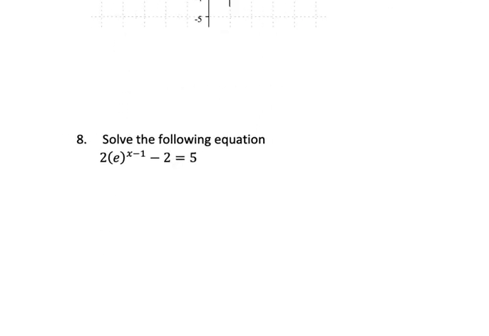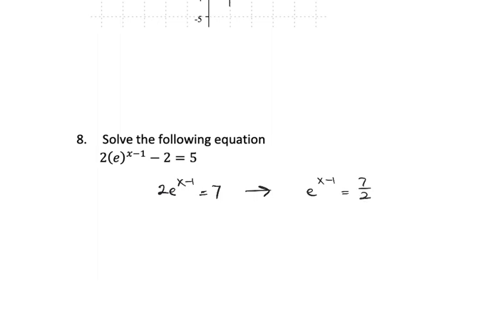Okay, question 8. The exponential term is the base e and the exponent is x minus 1. So we need to get rid of this minus 2 by adding 2, and then we need to get rid of that 7 by dividing by 2. So if you add 2 first, you're going to get 2 times e to the x minus 1 equals 7. If you divide by 2, you have e to the power of x minus 1